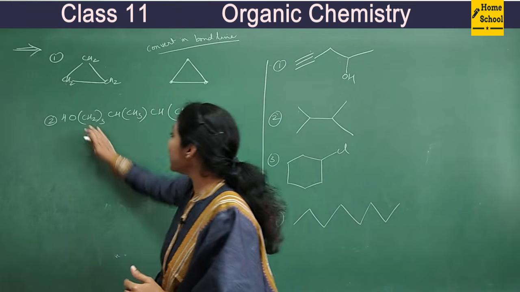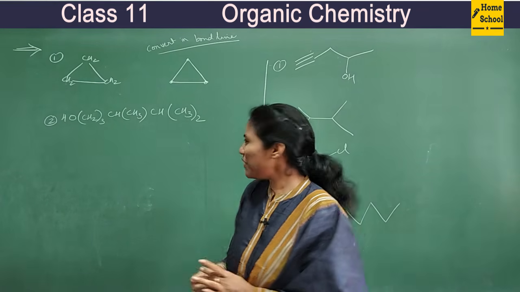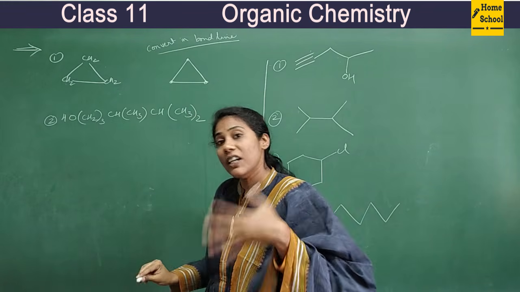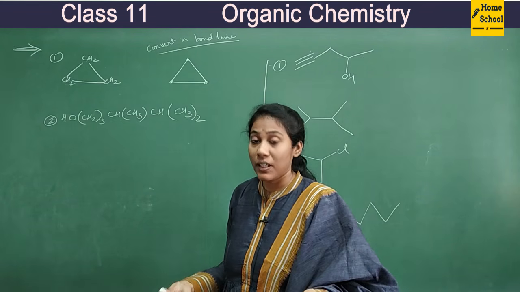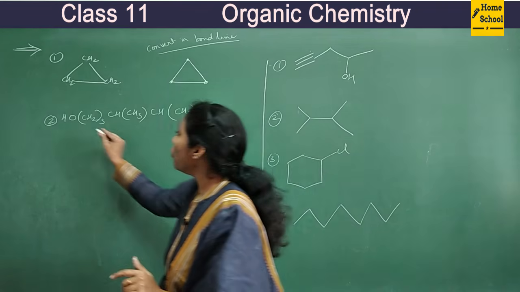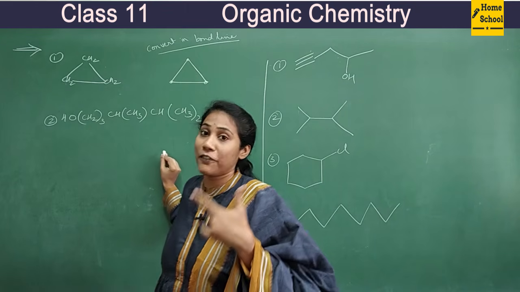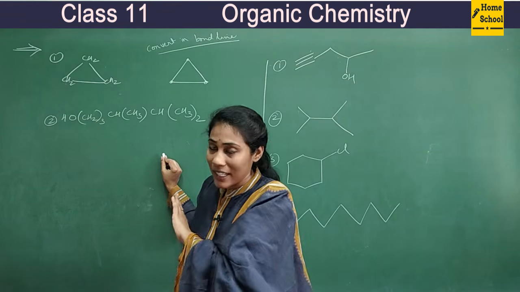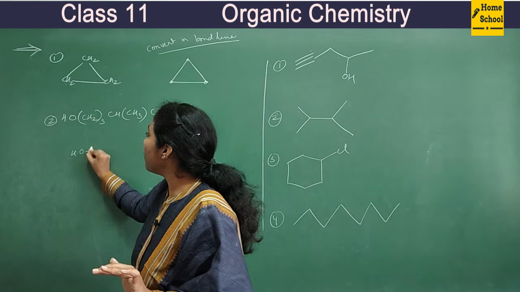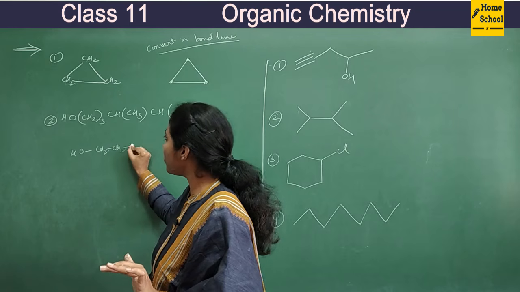And now, you see this molecule. How do you convert this into bond line representation? First, you write the expanded structure. It's a highly condensed structure. Convert that into expanded structure first. Then it will be easier for you to draw a bond line representation. So OH, CH2s are in bracket. I told you, CH2s, if they are there in bracket, it means that they are not the branches, they are in a line. Okay, say OH, right, bond. How many CH2s are there? 3. Put in a line, CH2, CH2, CH2s.